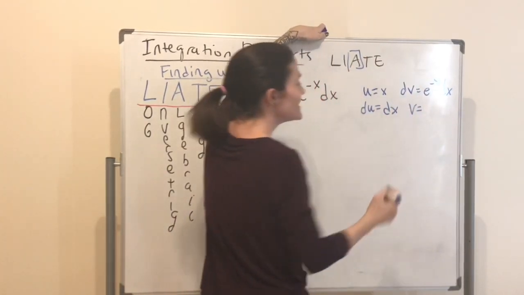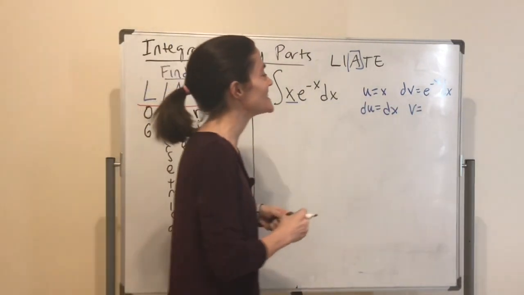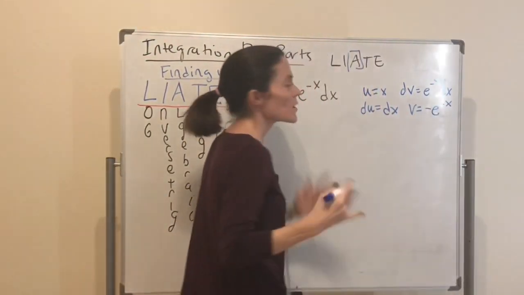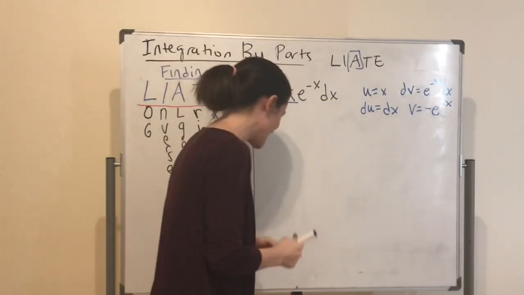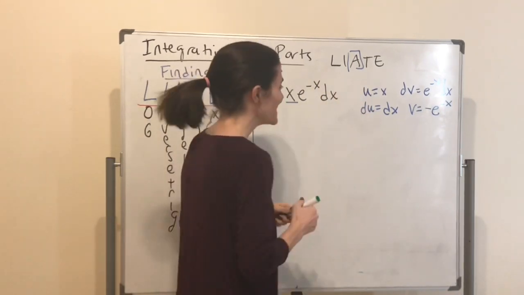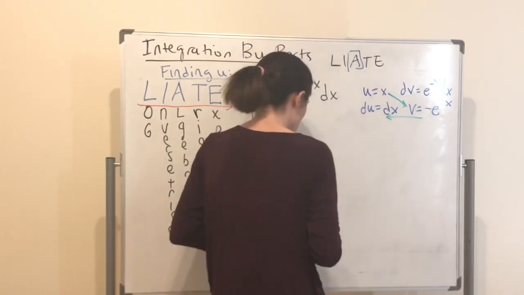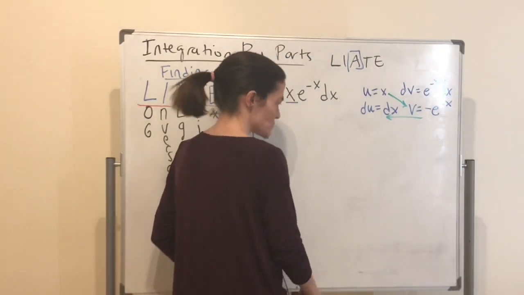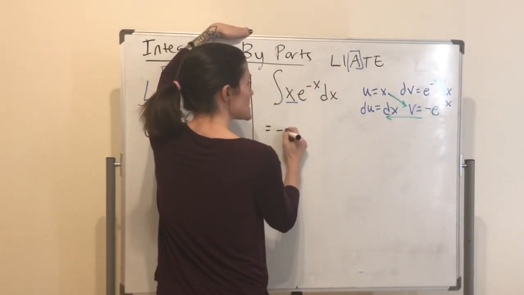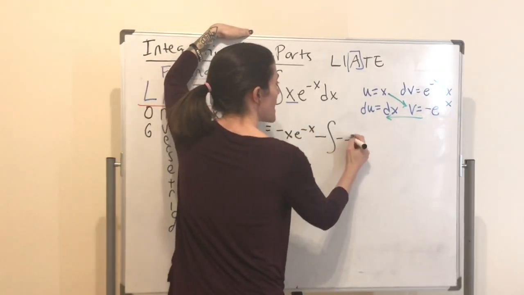Okay? So this way we differentiate, this way we integrate. Du is dx, and v, well, I erased it down here, but we did this at the very start. This is minus e to the minus x. Okay, we don't really need the plus c. That will come at the very end. Well, we don't need the plus c, I would say, in our side work box. Okay, then it's uv minus the integral of v du. And I always draw the little arrows because it gets me going on the right path. So this is uv minus x e to the minus x minus the integral of minus e to the minus